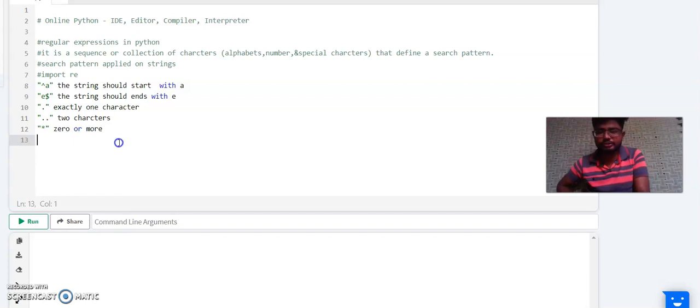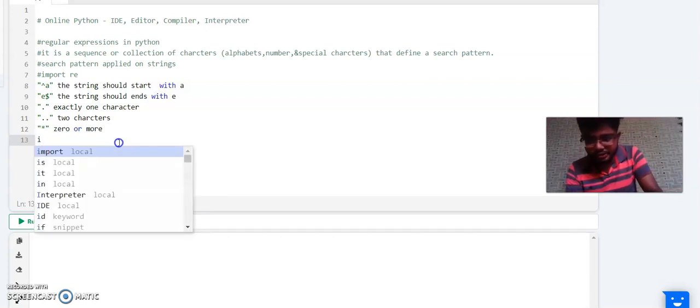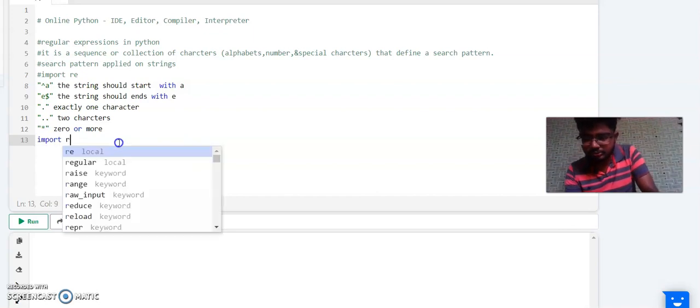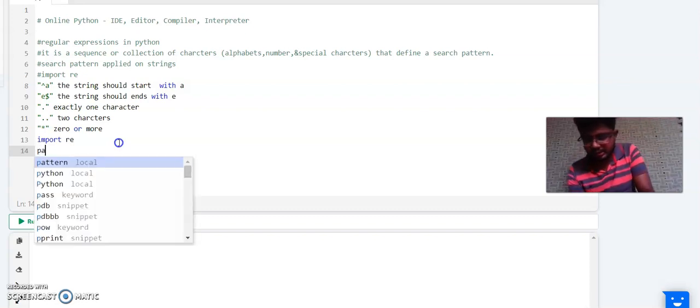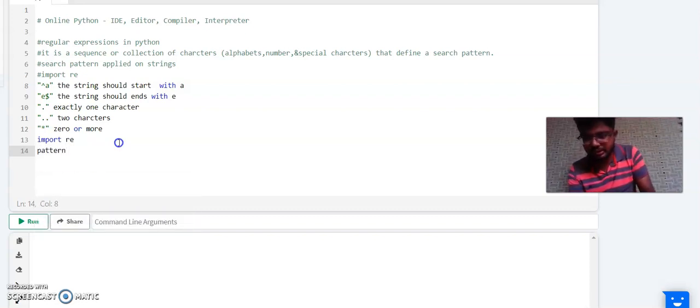Next, let's execute one program. First of all, what we need to do? Import re. I'm taking some pattern.